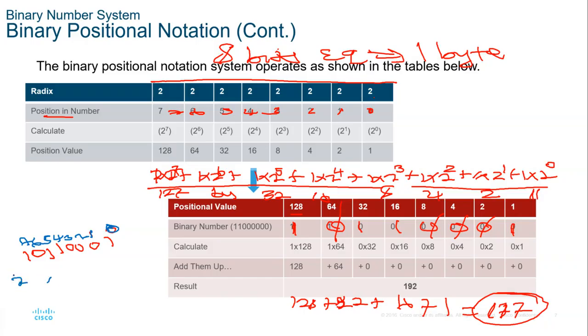So 2 power 7 plus 2 power 5 plus 2 power 4, then plus 2 power 0. So this gives us 128 plus 32 plus 16 plus 1. So this and this give us 160. 160 plus 16 is 176, plus 1 is 177,